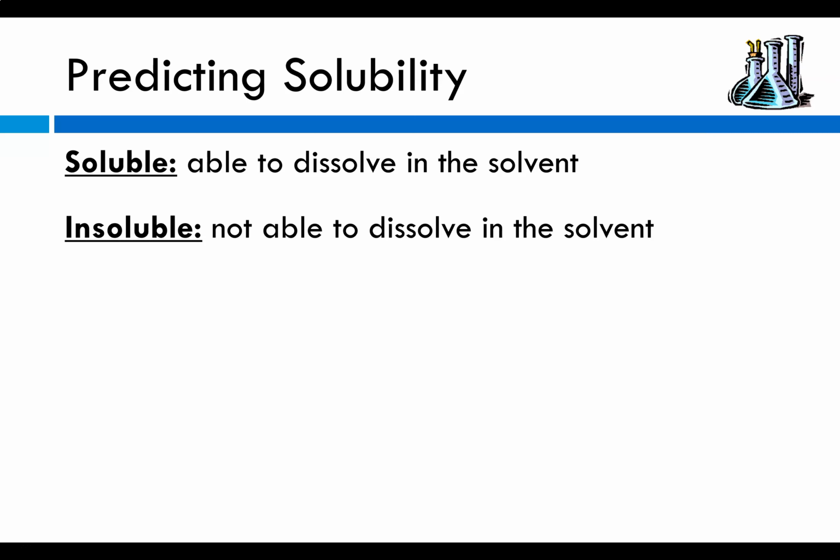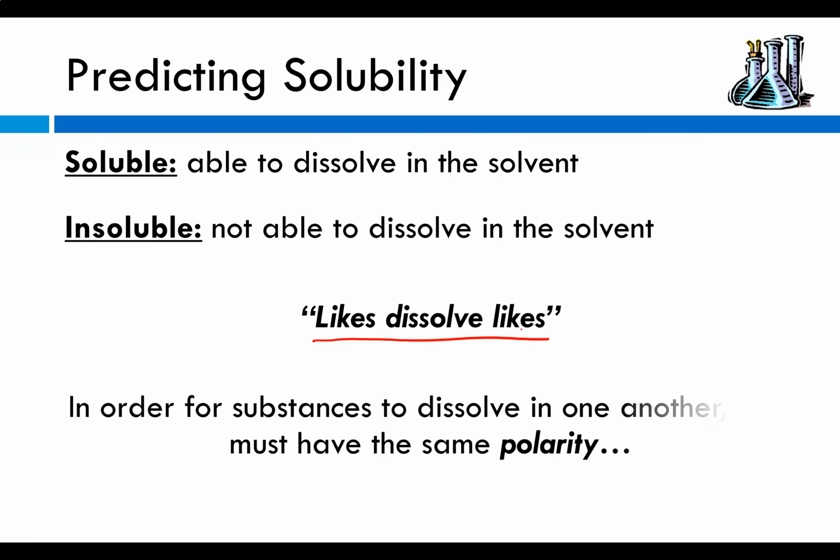Insoluble means not able to dissolve in the solvent. If I was to take something like oil and try to dissolve that in water, you know from experience that oil and water will not mix in one another. So oil is largely insoluble in water. When it comes to predicting solubility, we use this phrase in chemistry, likes dissolve likes. And what we're referring to when we say likes dissolve likes is the substance's polarity. In order for substances to dissolve in one another or to form this homogeneous mixture, this solution, they must have